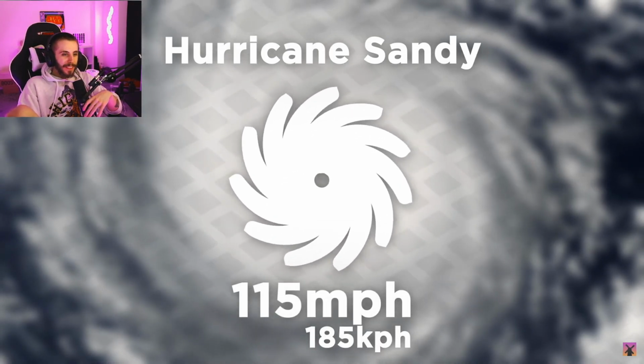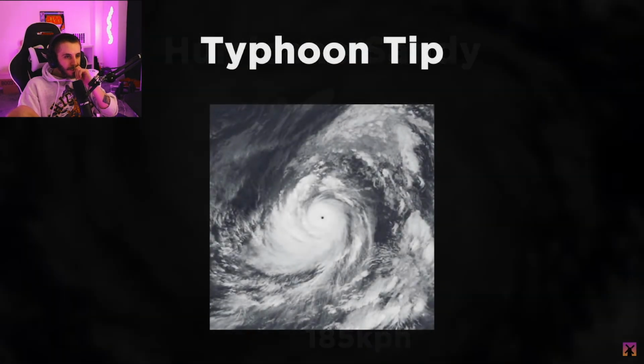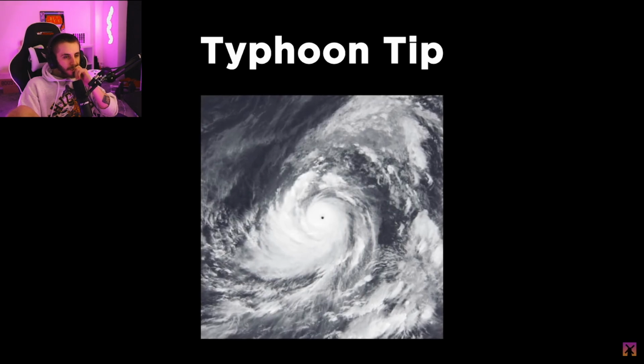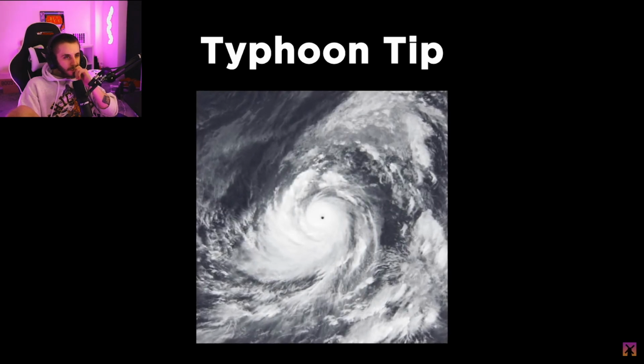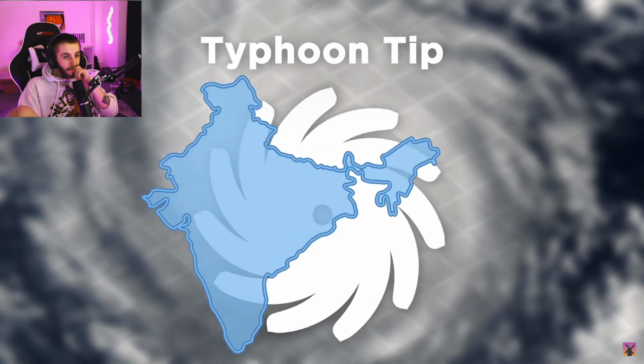But by far the biggest and most terrifying storm our planet is known to have ever experienced was Typhoon Tip back in 1979. Growing in the northwestern Pacific, Tip reached a size comparable to the entire country of India and maintained wind speeds